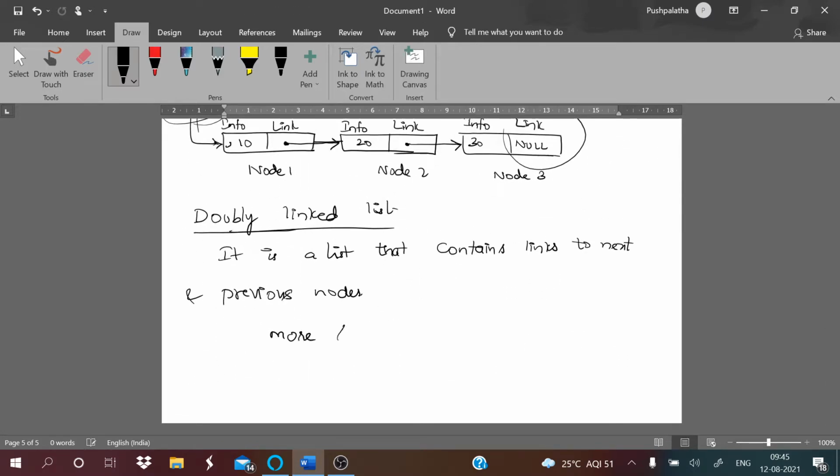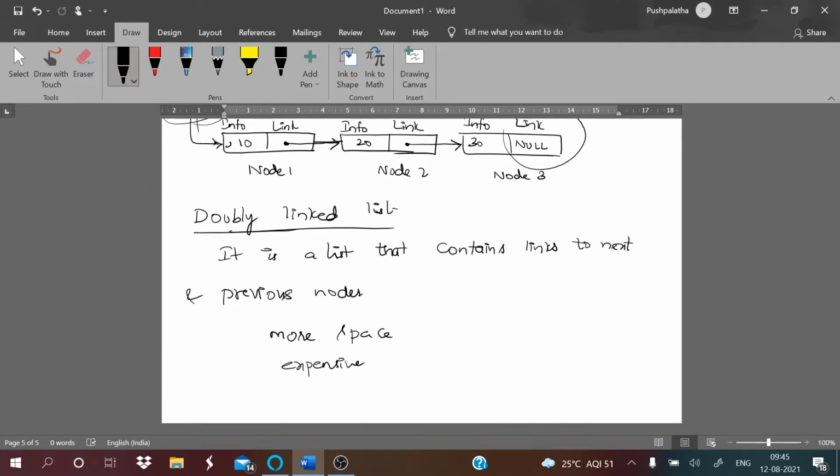Right, so it requires more space. But also their operations are expensive. Two different types of addresses are stored, so it is expensive, but they are very easy to use, and also they are fast and easy to access the data because you have both your forward data and the reverse data. But traversal in a singly linked list is unidirectional, in a single direction, whereas in a doubly linked list you can go both forward and backward.